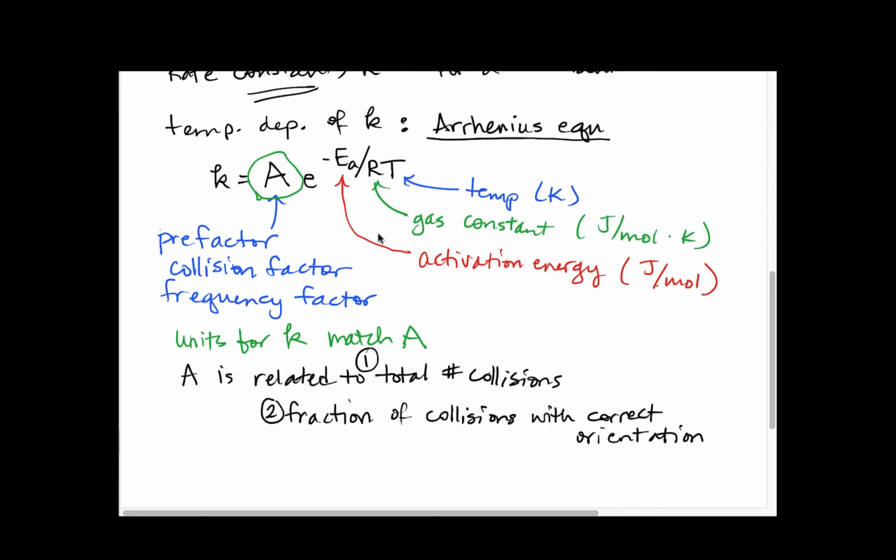And so these two requirements, right? This was requirement number 1 from the collision theory. This was requirement 2 from the collision theory. So the prefactor reflects both of those two expectations. And then this whole exponential term,